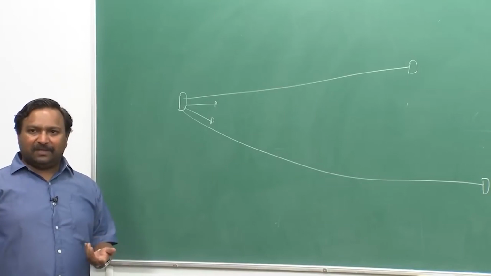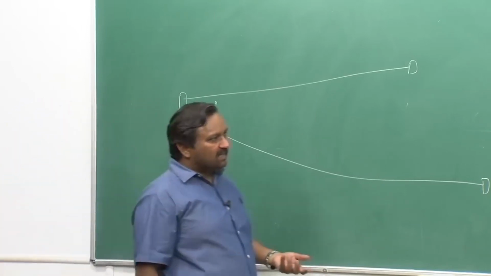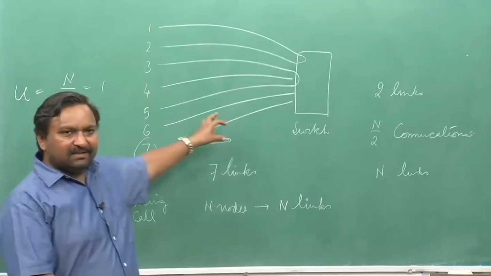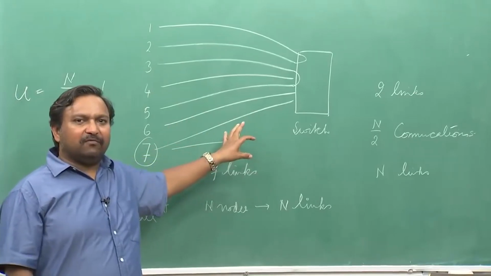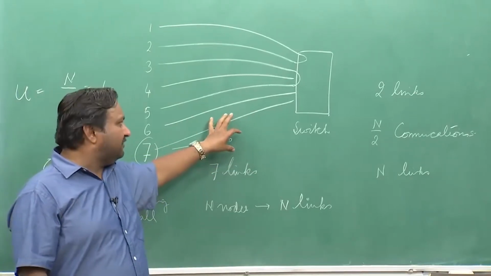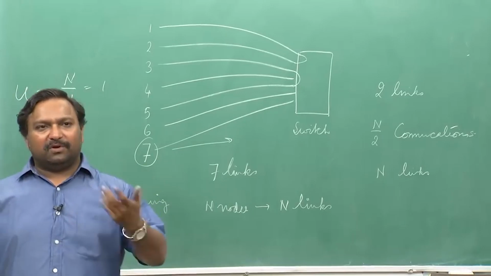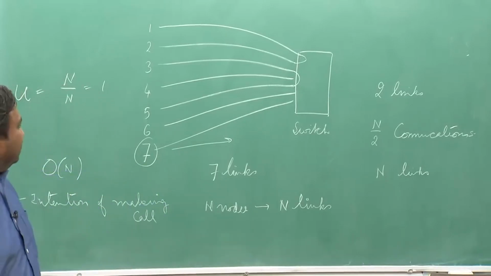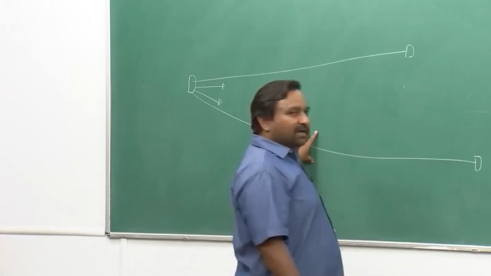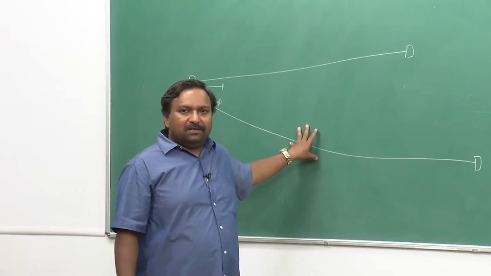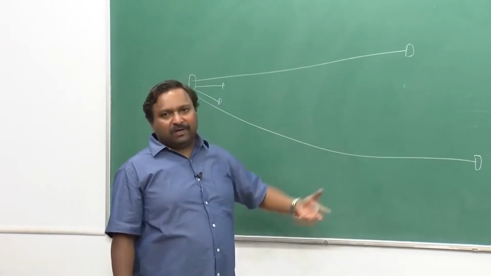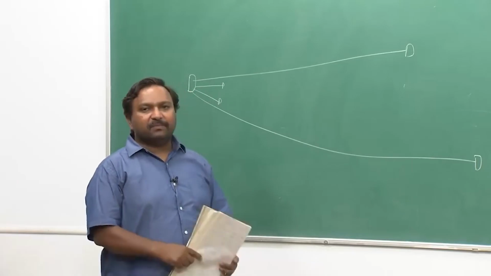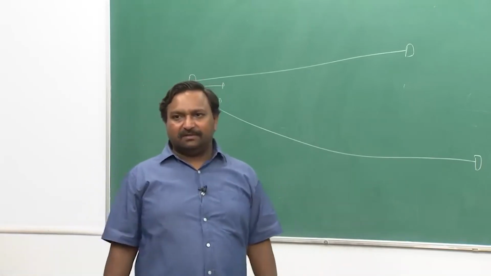Now, can we do something? These links are smaller in length, their costs are small, so I can afford to have lower utilization. I can have utilization of 1/24th because of this time limit. So, in this case I cannot. One of the ways to actually solve this problem is using something called remote concentrator units,